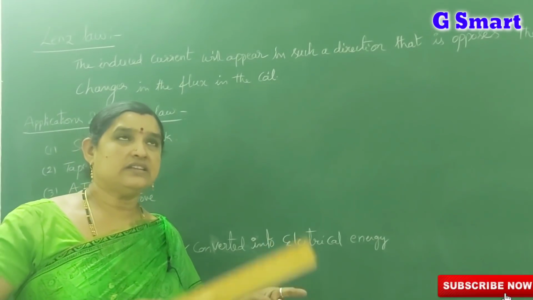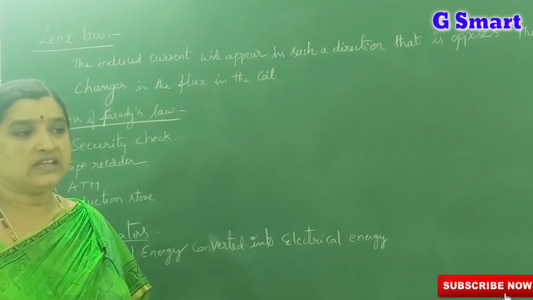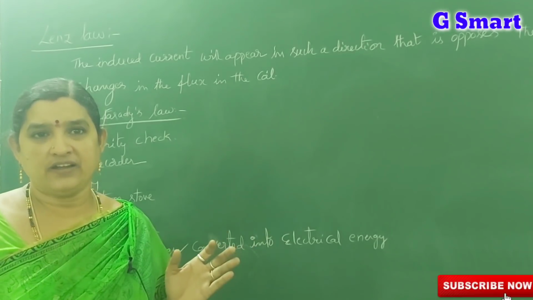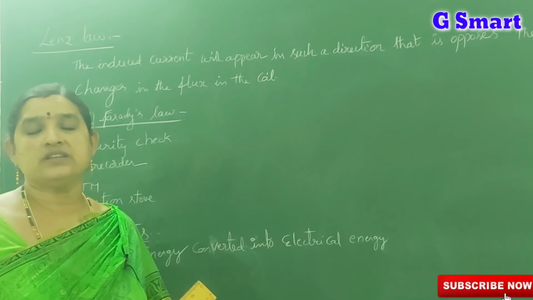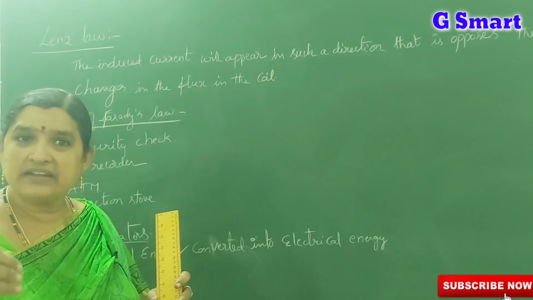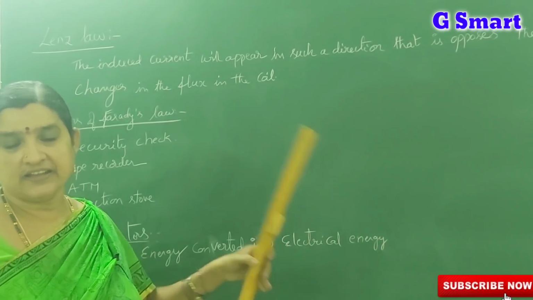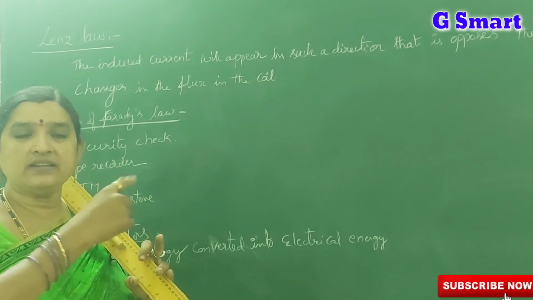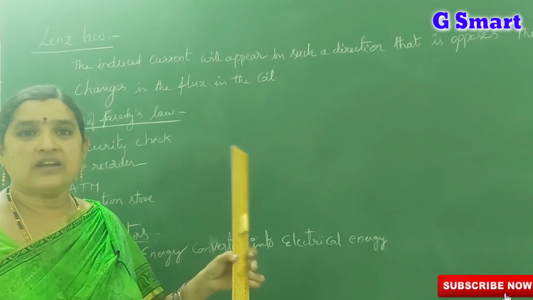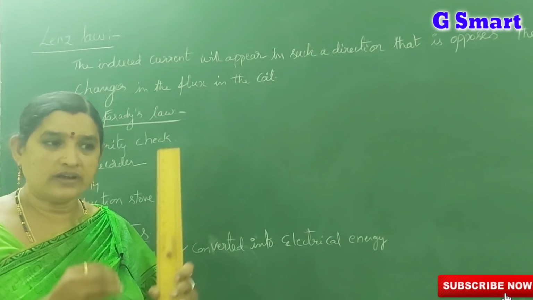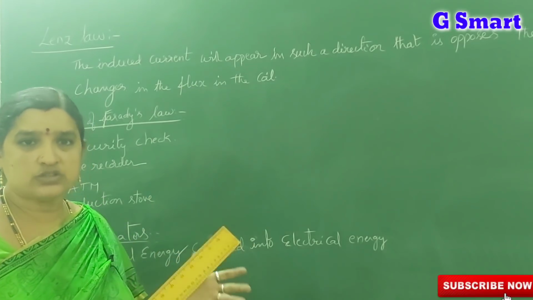If you observe, there is a coil in the security check, and there is a weak magnetic field in that security check. When you enter, if you have any magnetic substances, the induced EMF will be generated in it. Then the current starts moving, and the alarm starts immediately. To work any electric alarm, we need a current. But in that security check there is no current.